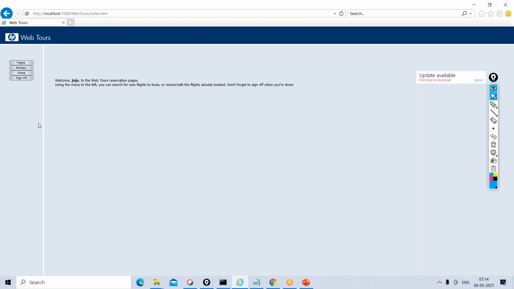Okay, we are not developing any script from scratch in this component. Rather, we are recording the functionality, whatever we did manually just now. We entered the username, we entered the password, and we navigated to the home page. The same functionality we will record in our component, the VuGen tool, and it will generate the script for us.